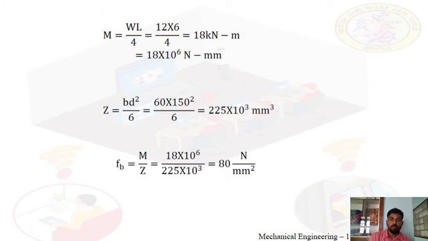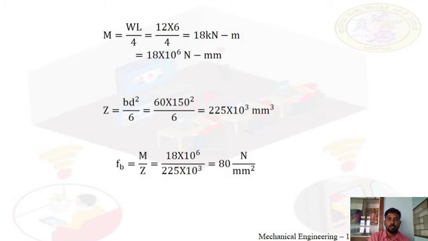Now M for simply supported beam at central point load is already known. I have explained in previous sessions. So M is equal to WL by 4. Load is given, point load, and L is known, divided by 4, that is equal to 18 kilonewton meter. Convert kilonewton meter to Newton mm. So it is 18 into 10 power 6 Newton mm,